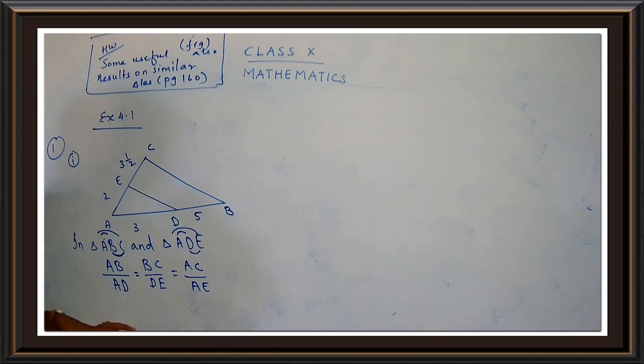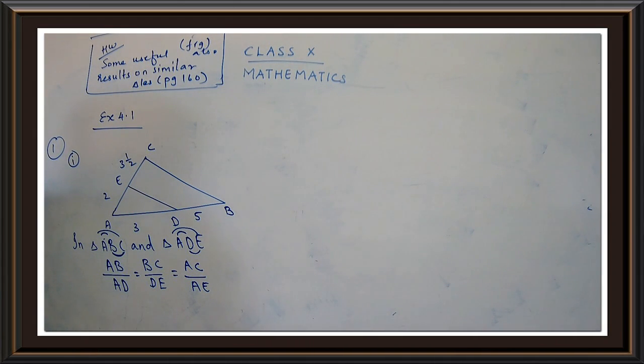Okay, getting my point, children? So what are you going to show to be equal? You are going to show the sides are proportional. Proportional means they are equal. So AB upon AD, BC upon DE, AC upon AE. This is what we have to check whether they are equal or not. Okay, I hope you are clear with this point. So we have chosen two triangles. One is ABC, the bigger one, and the smaller one. Be careful to follow the same direction, otherwise we will get a wrong answer.